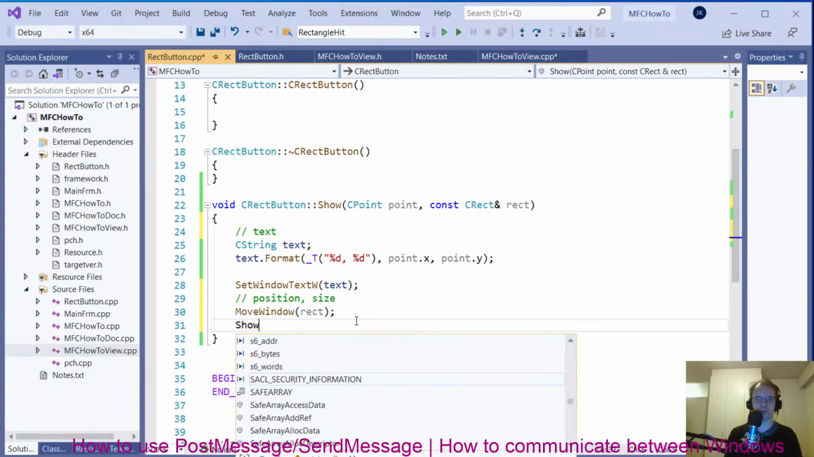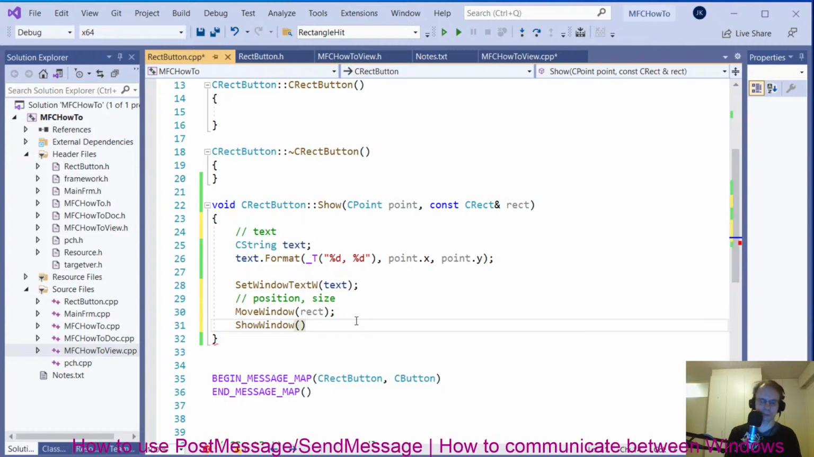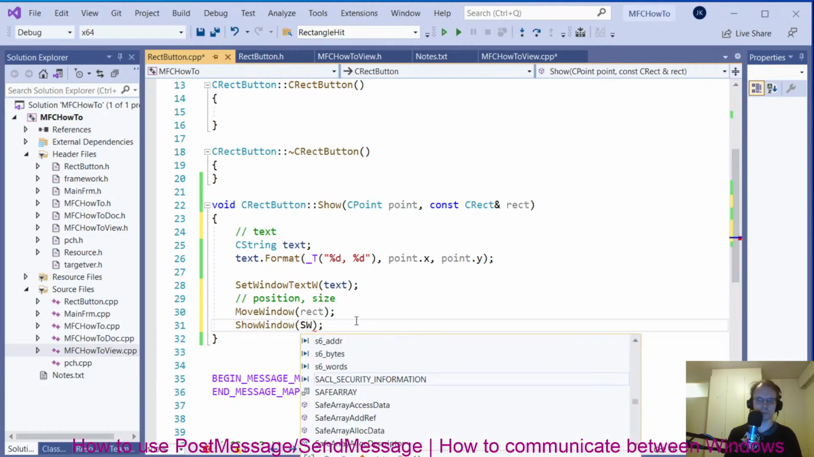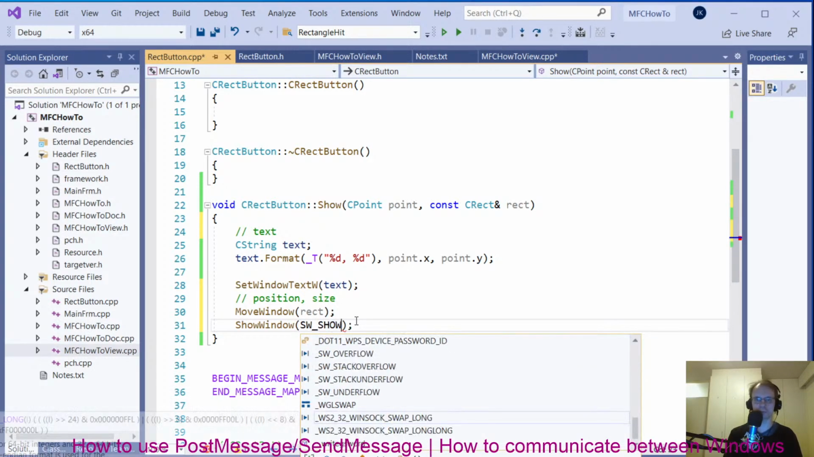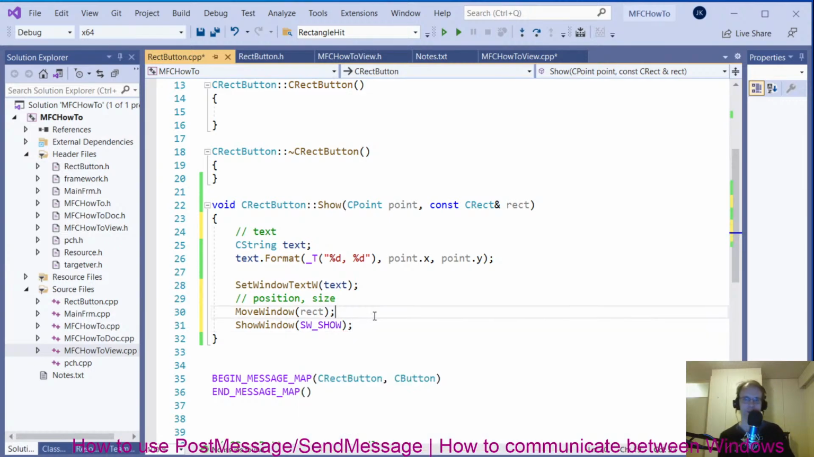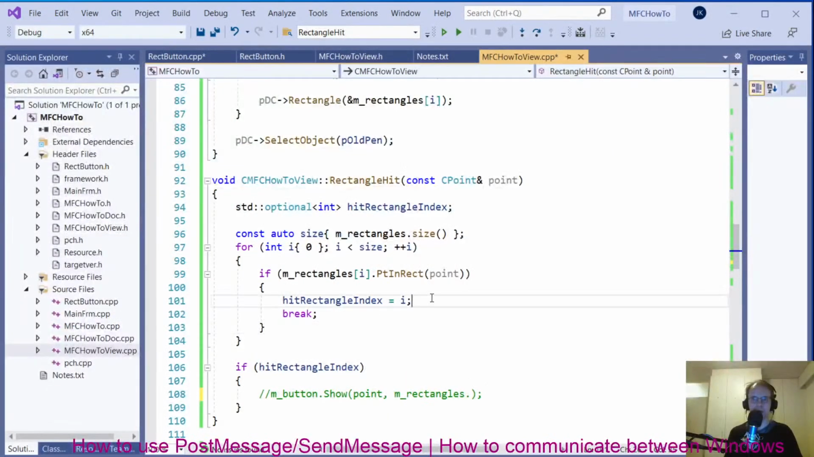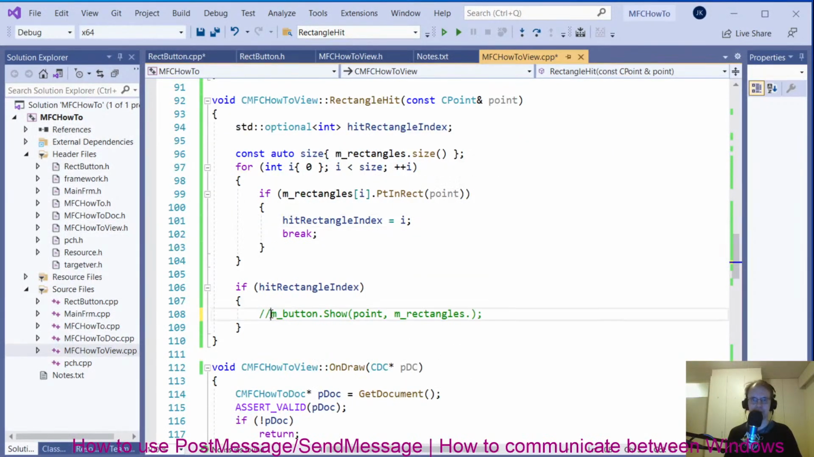So I need to say show window. Okay. Show window, and I need to say show window show. Okay. We will test this in a moment. How much is the time? Yeah, I think we need to finish this soon, but I'll just finish this button thing. I need to do part 2 to finish the edit box and stuff. Okay, so